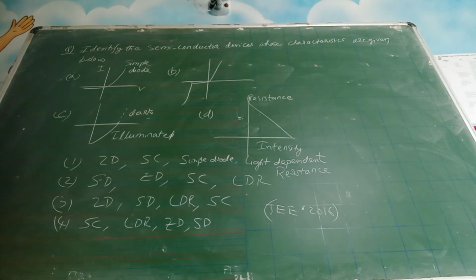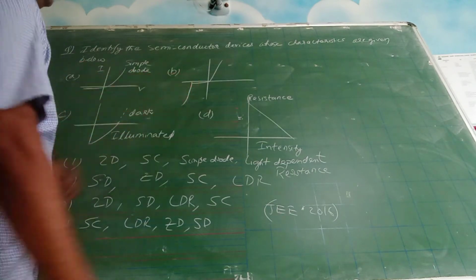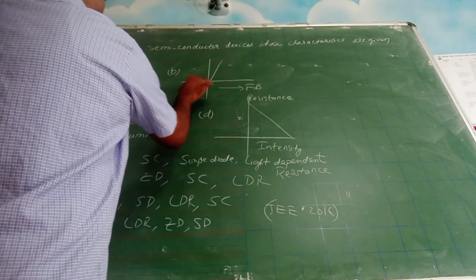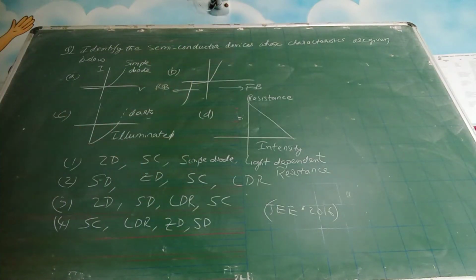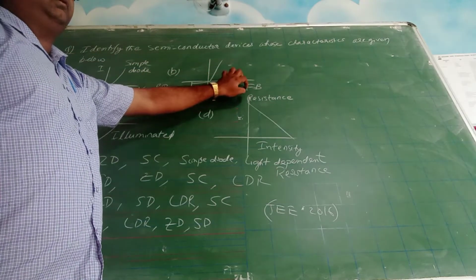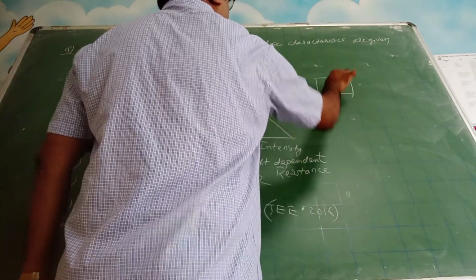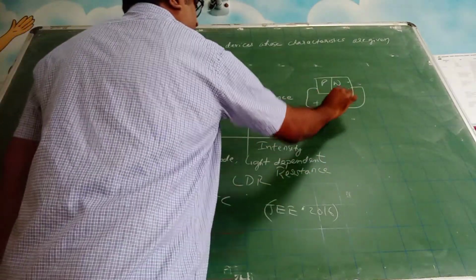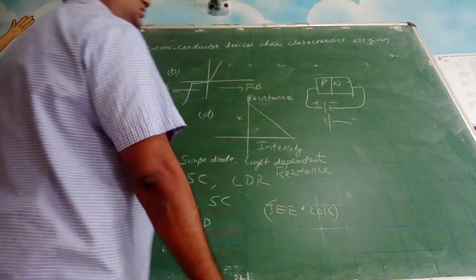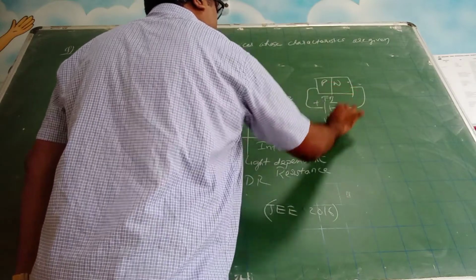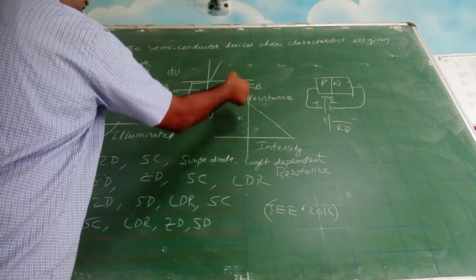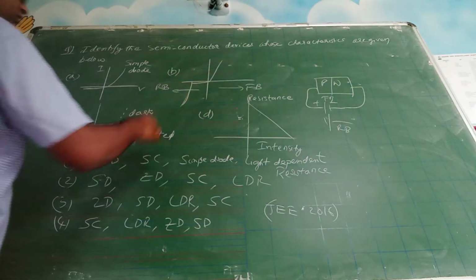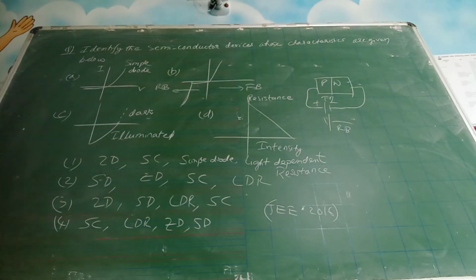Now look at this. This is able to sustain current in the negative direction even in reverse bias. This is the forward bias, this is the reverse bias. Reverse bias means negative voltage only, na? Whatever positive to positive you have connected here. If you have a PN junction, you connect this to positive and this to negative. Just reverse it like this. If this is forward bias, this is your reverse bias: positive voltage, negative voltage. You can see here there is a flow of current even after the breakdown voltage. So this is your Zener diode.